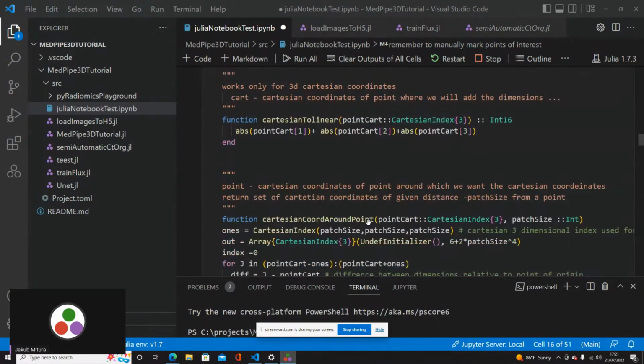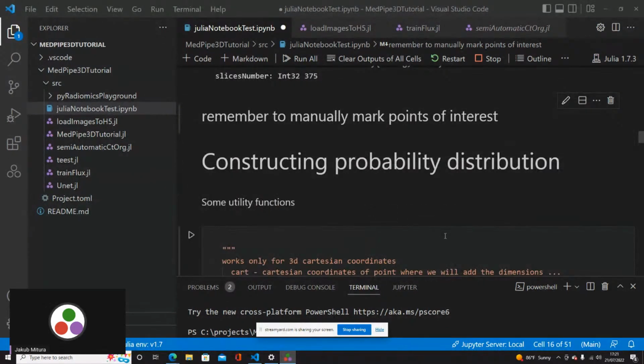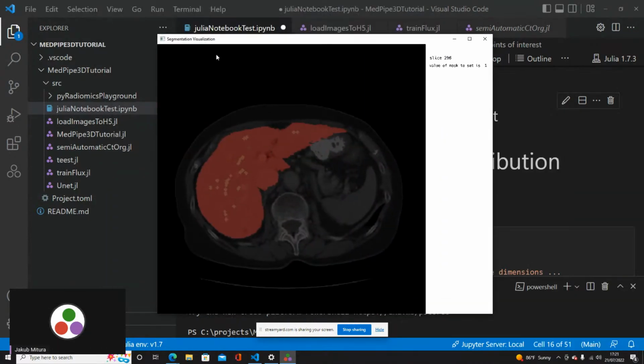So now, from those spots, what would we do? What is the hypothesis? We have the hypothesis that the neighborhood of each of the voxels that we marked as the liver, so each of these points that I pointed here, is representative for the whole liver.